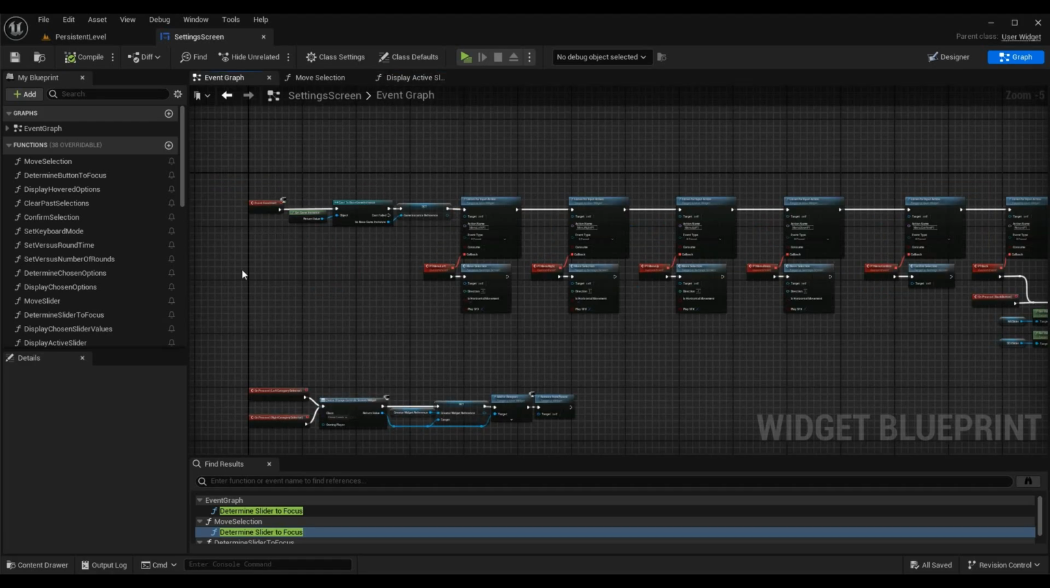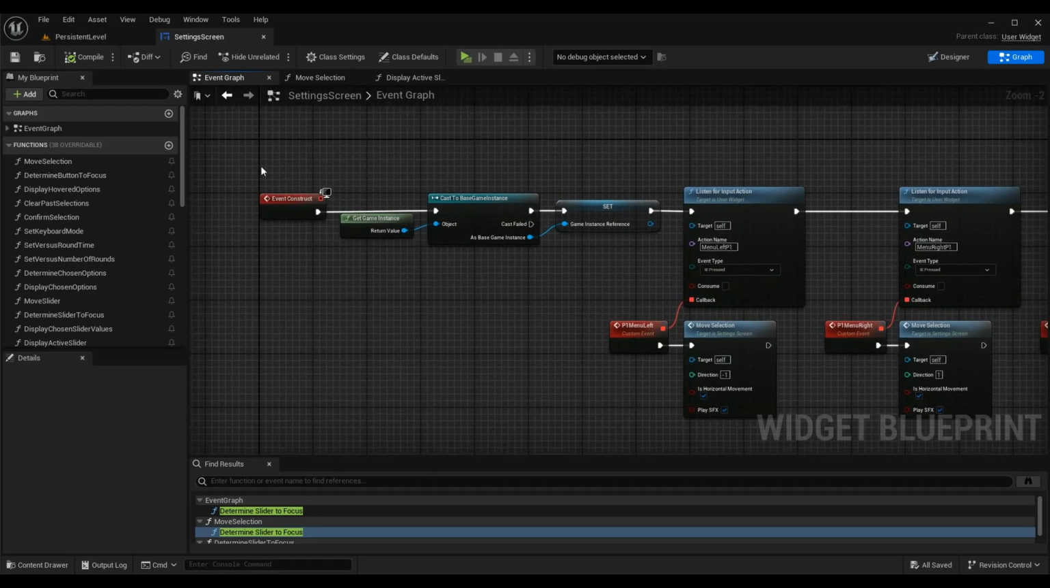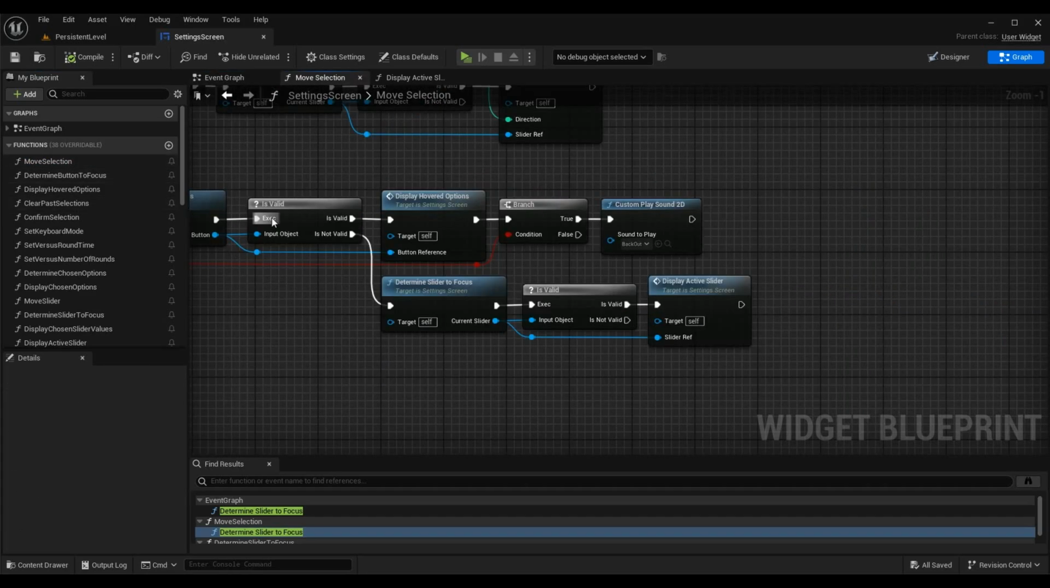What we're doing for today's episode is making sure that when we are selecting a slider, we actually display a change to the user. That way they know that they are hovering over that slider and they can actually use it. So what we need to do is determine when we need to display changes to the user, or basically when the slider is selected. We're going to handle that in move selection. So if we open up move selection,